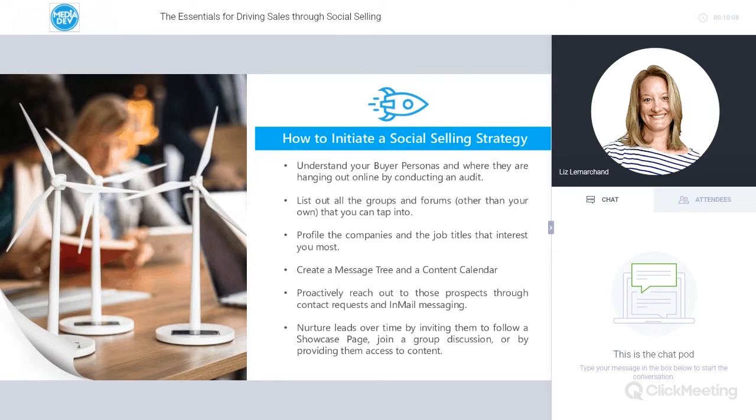Creating a message tree for direct in-mail outreach is going to help initiate that first contact with a new prospect. You want to make sure, of course, not to sound too salesy in the beginning, and the message tree should work to get prospects to a point where in time they'll confirm their interest in a meeting. So for sure you want to avoid being overly direct in the first message.